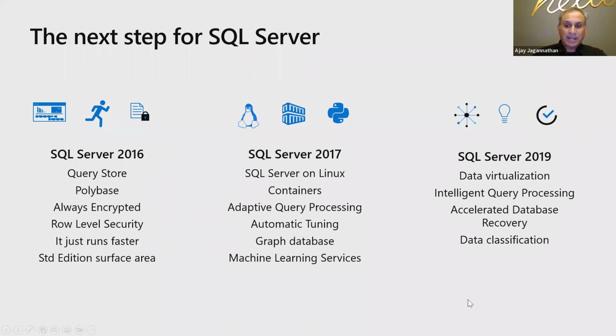For example, if you go back to the last 3 releases, you can see that we have built a ton of innovation in the security, availability, and performance space, as well as some industry-leading innovations, such as bringing Polybase into the product, as well as SQL Server on Linux, the first time ever on a non-Windows operating system. And you will hear a lot of new features today which are built on this foundation.